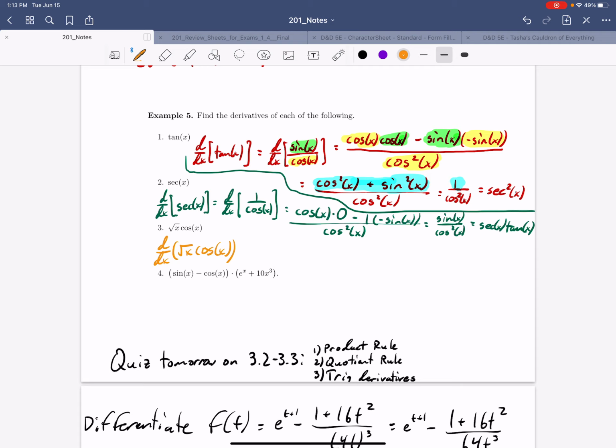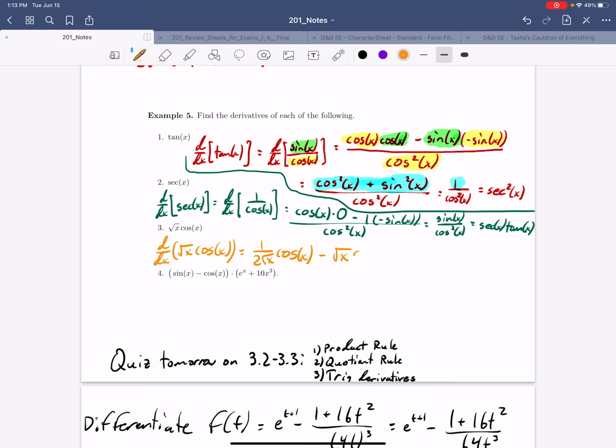When I ask you trig derivatives, I could totally ask it in the context of a product rule or a quotient rule. And then later on in section 3.4, I could even ask chain rule problems that involve trig derivatives. Although I would not ask a chain rule problem in section 3.3 because we haven't learned the chain rule yet. Anyway, we take the derivative of the first term, leave the second the same,